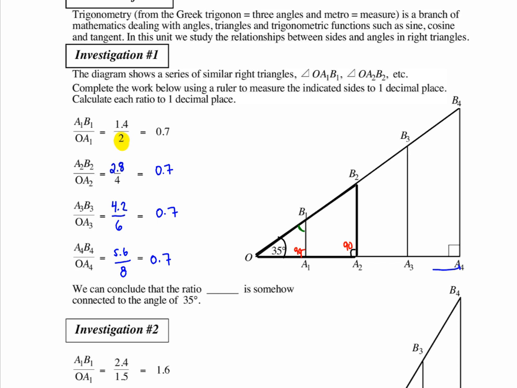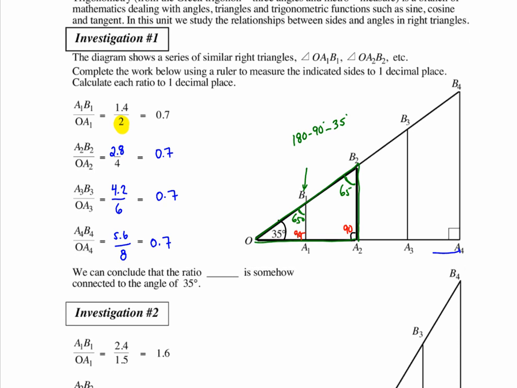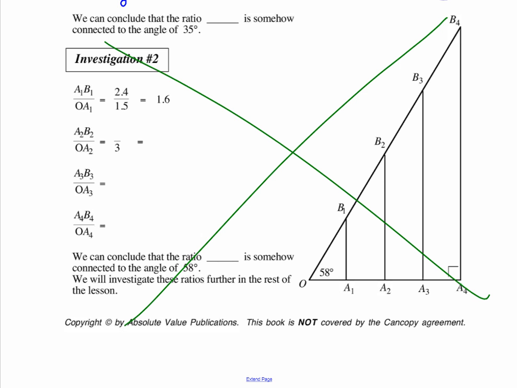How would I get that angle? Yeah, Sarah? They add to 180, so we take 90 and 35 away from 180, which gives you 65 degrees. Okay, would this angle also be 65, if we look at this big triangle here? Yeah, it would. So these are similar triangles, and so the ratios of their sides are equal to each other. Do you remember that? Coming back to you? Sort of? Okay. So we're going to skip investigation 2 and turn the page and just jump into